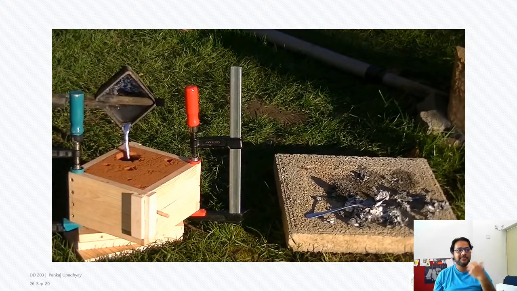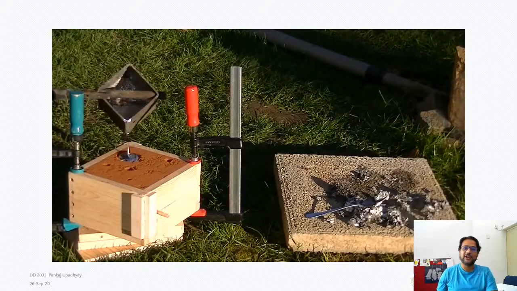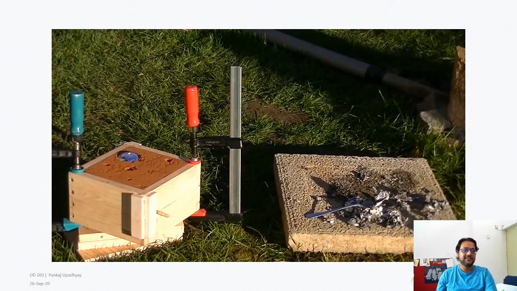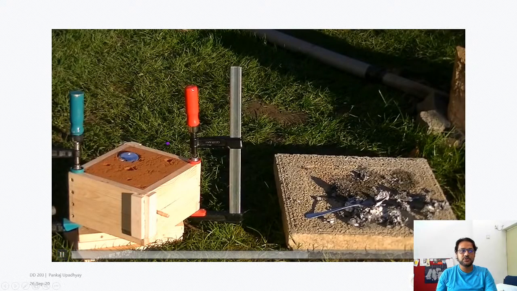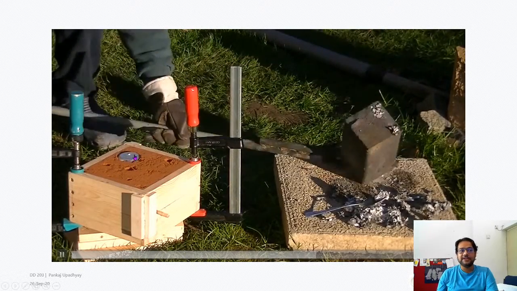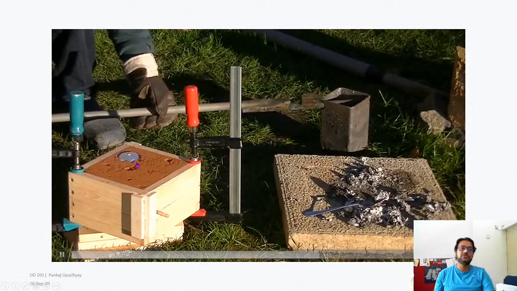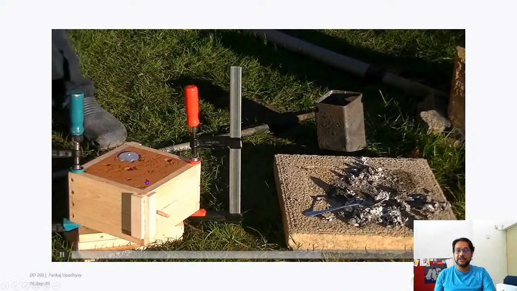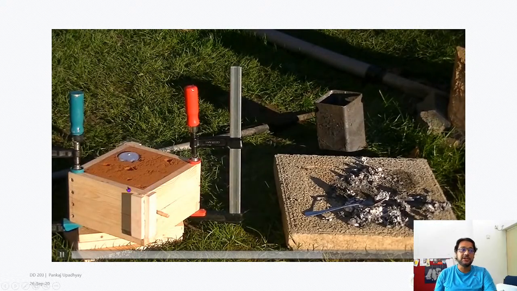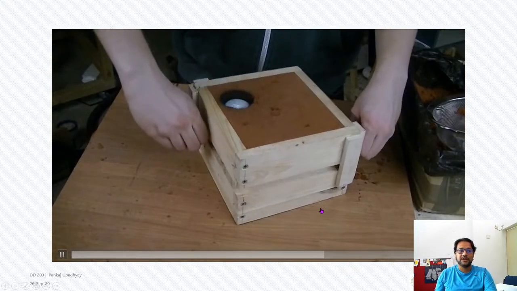So aluminium doesn't look red hot when it's molten. So he stops when it comes to the top over here, and based on this he is very sure that internally the whole cavity is totally filled up. If he did not have this kind of an indication to know whether the internal cavity is filled up or not, it would be very difficult to ensure something like that. So now that's done,